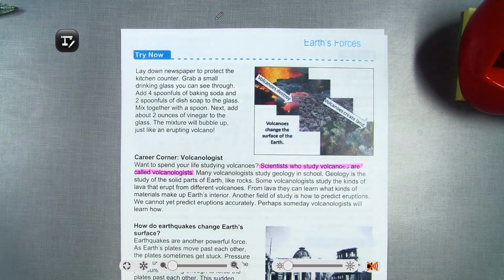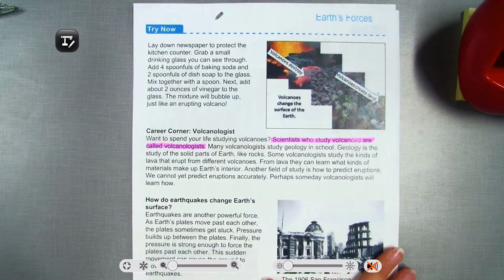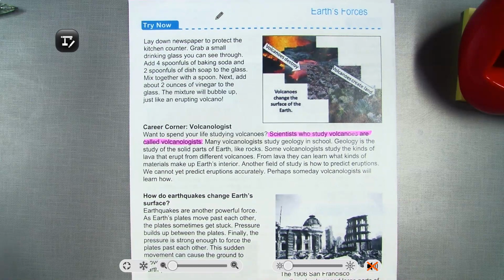Many volcanologists study geology in school. Geology is a study of the solid parts of Earth, like rocks. Some volcanologists study the kinds of lava that erupt from different volcanoes. From lava, they can learn what kinds of minerals make up Earth's interior. Another field of study is how to predict eruptions. We cannot yet predict eruptions accurately. Perhaps someday volcanologists will learn how. So they still are not able to actually predict them accurately. They don't really know when they're going to happen. They kind of have like a guess, but it's not an actually accurate